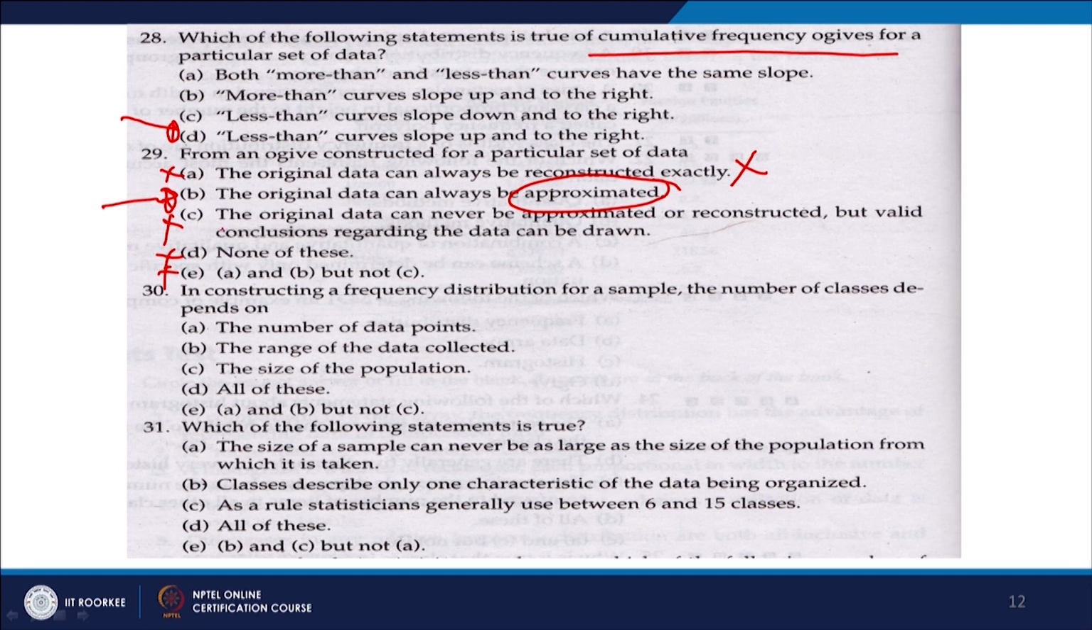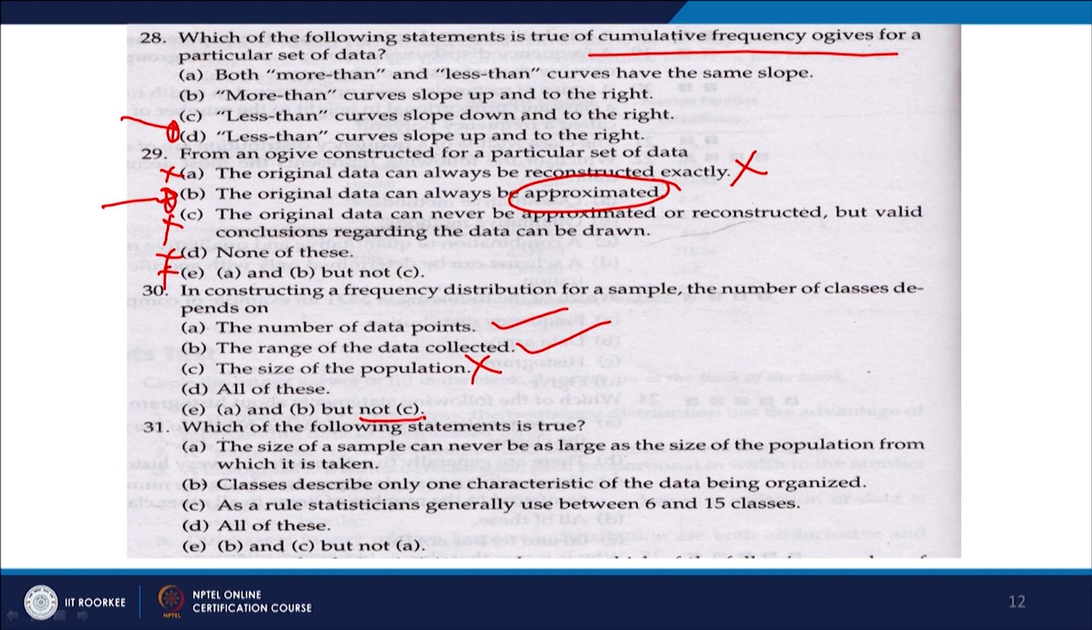In constructing a frequency distribution for a sample, the number of classes depends on what? Depends on the number of data points, yes. Depends on the range of data collection. The size of the population, no, it has nothing to do with population, right. So, we will say A, B, but not C,